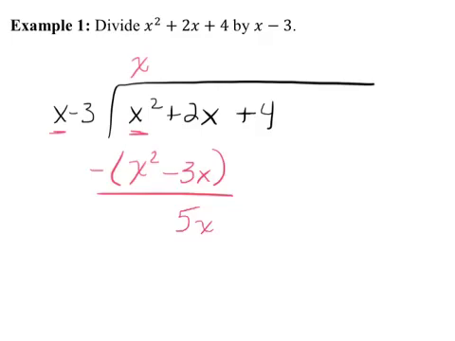Now, we bring down our next number. Remember, the next number always gets brought down. So we bring down the 4. At this point in time, we have to say to ourselves, all right, now what can go in this spot right here so that when this number is multiplied by this first part, it cancels with this? Well, it's clearly just going to be a 5. We want it to just be a 5 because, again, we're subtracting. So if we just simply put a 5 up here,